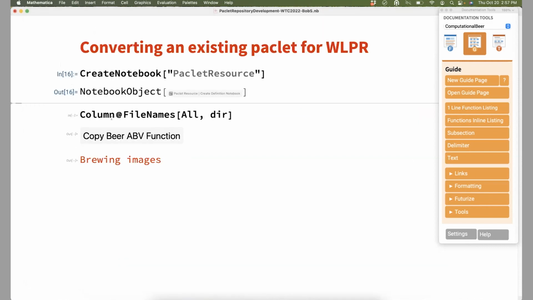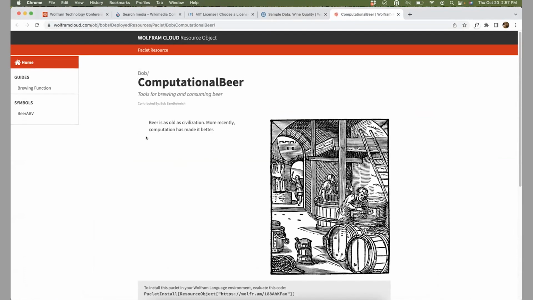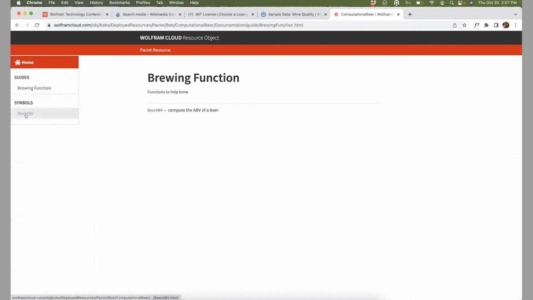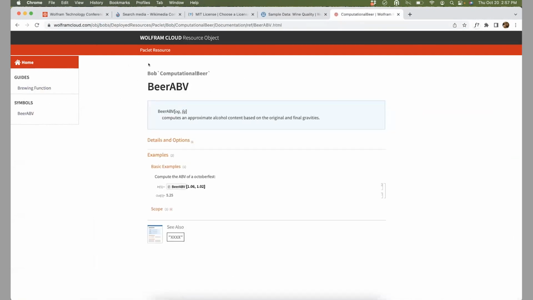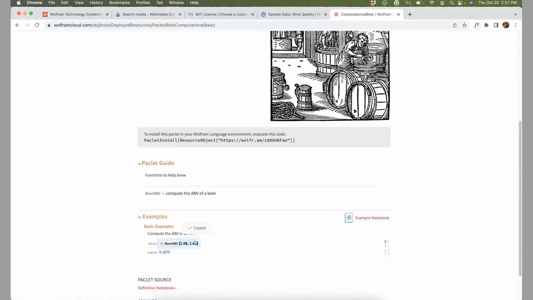See, while that's happening, let's go back here to my slide. Oh, there we go. All right, so here's my cloud deployed Paclet, and you can see this Bob's here. That means it's in my cloud account. So there's no global search where anybody's going to find this. If I want people to know about it, I got to tell them about it. But all the documentation is here, just like it would be in the public Paclet repository. And I can take one of these click to copy guys. I can go back